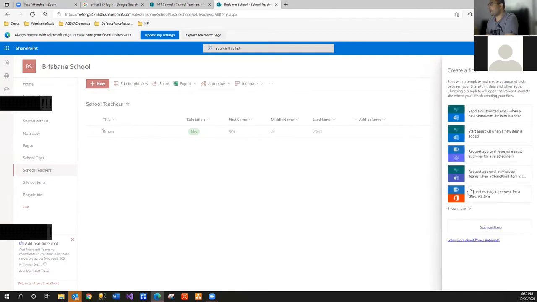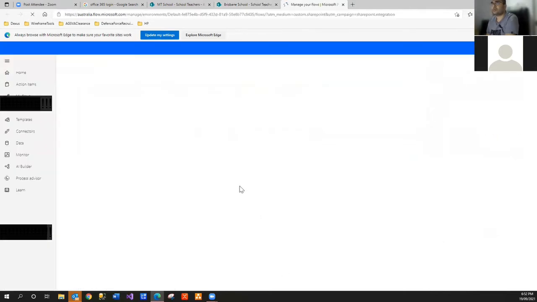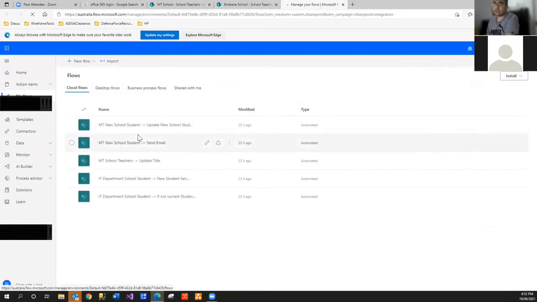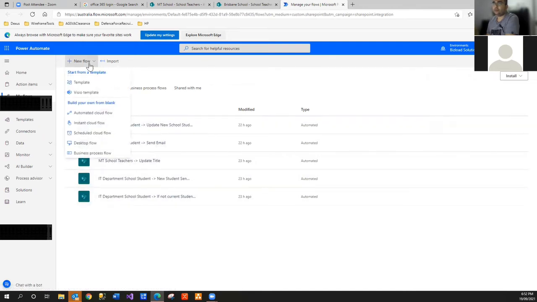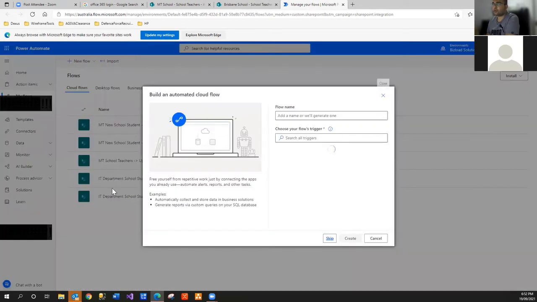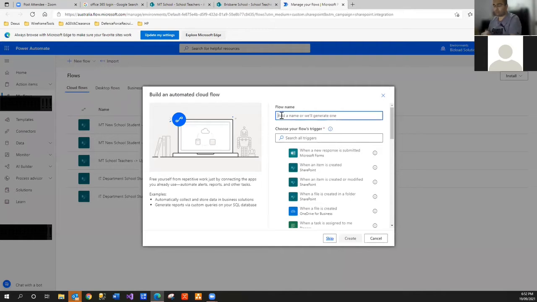right? So in the create flow, I'll just click on, these are some of the templates you can create. I'll show you some of these later on, but see your flow, I'll click on see my flow, and now we have this Power Automate, right? And I've created these ones before, so I'll just create a new one. I'll go new, automate cloud flow, and we'll say here, we'll call this here,